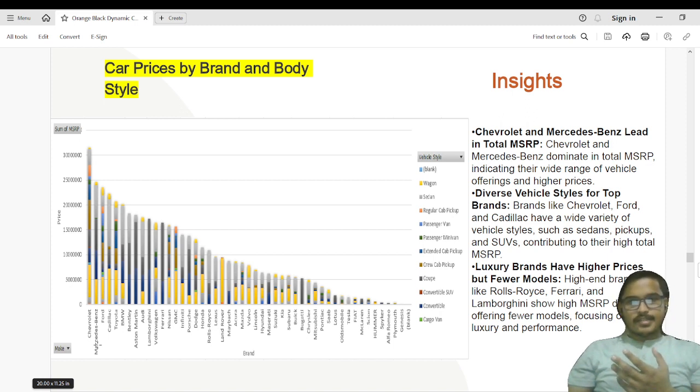If you talk about insights, Chevrolet and Mercedes are offering higher value. Diverse vehicle styles for the top brands like Chevrolet and Audi have a wide variety of vehicle styles such as sedan, pickup, SUV that are contributing to their high performance. The very dense have the higher price but cheaper models. If you have a luxury